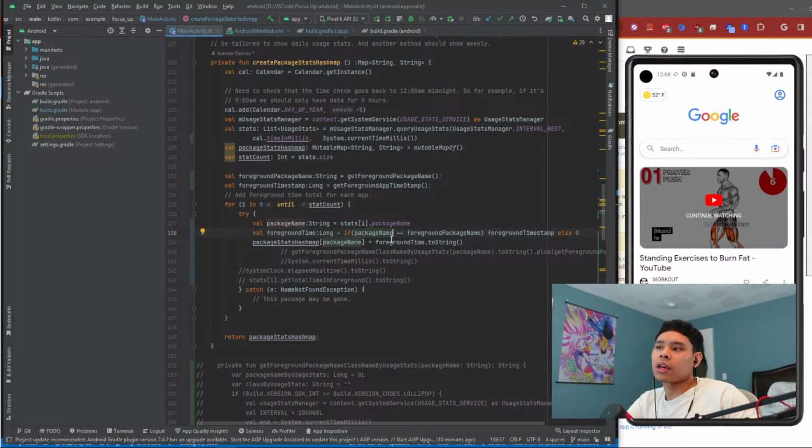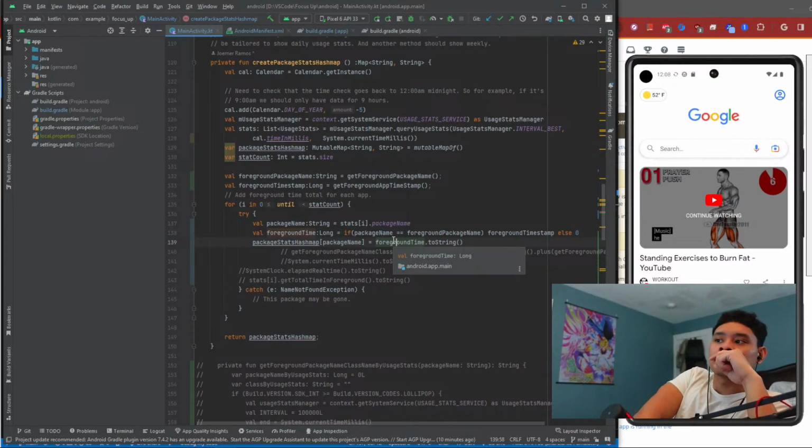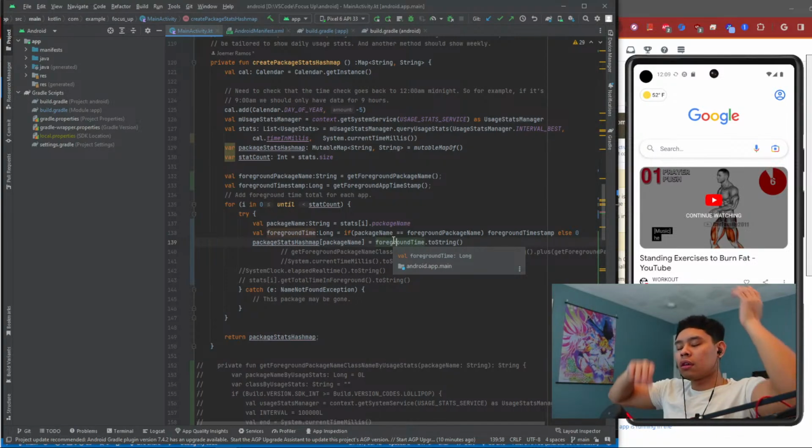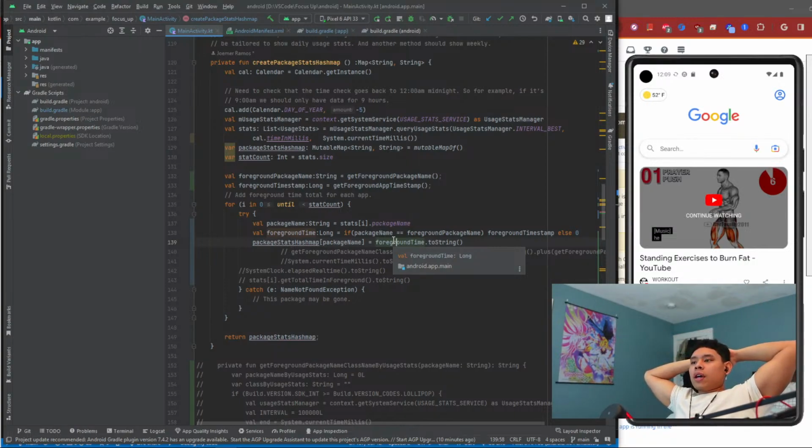No, I think this is okay. I think this is okay because foreground time, wait, foreground timestamp, get foreground timestamp. Yeah, I think this might have to be two different functions. I can't think of a way where we can